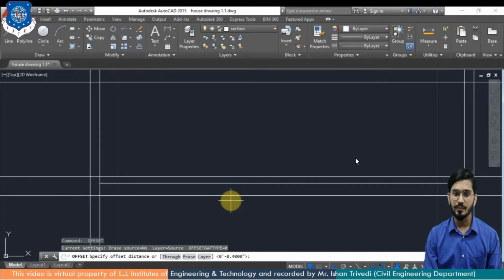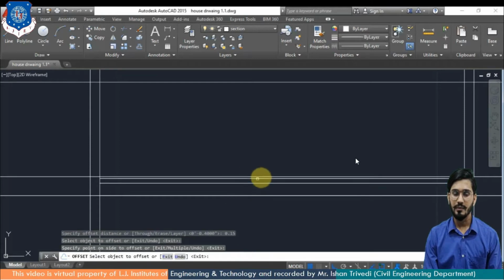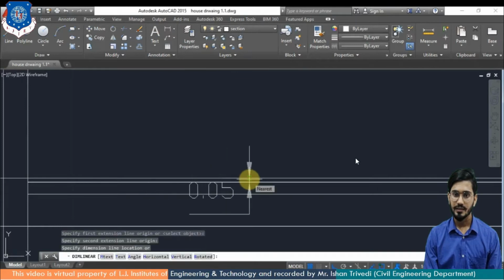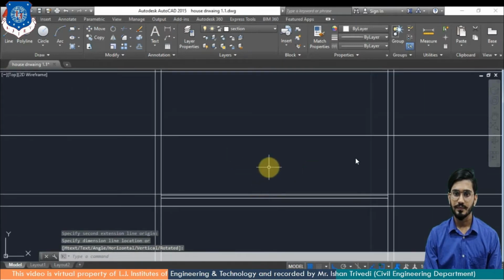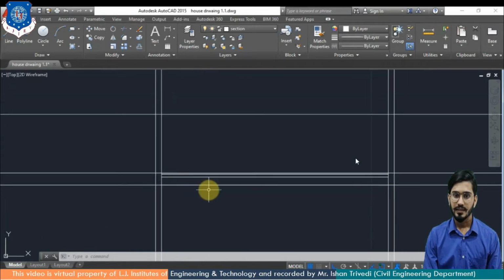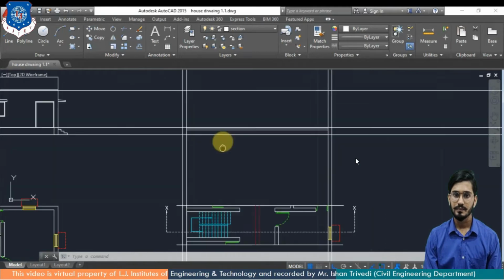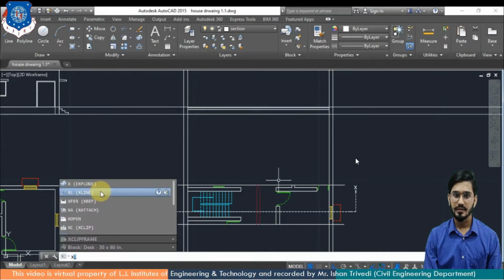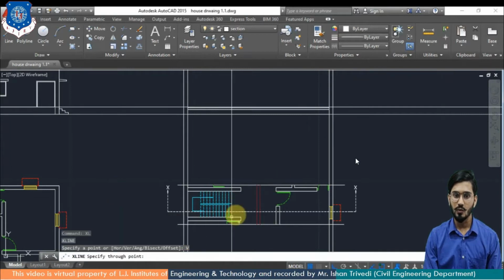Now again I will provide offset command from the muram to 0.15 and this will be bifurcated in 3 parts. You can measure it. The topmost portion of floor is of 0.05. So here the drawing is correct. Now you can draw the inner line and provide staircase. So you can see I will provide further inner lines by taking the reference of X line, now vertical line again, and provide the lines.